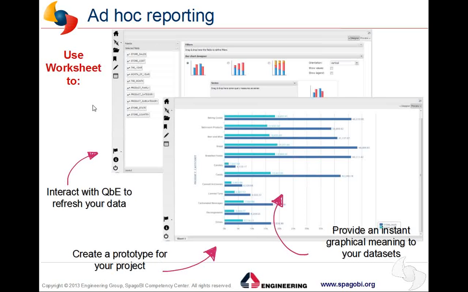In the nearest screenshot, above, you can see that you can provide an instant graphical meaning to your data set. You can understand your data better by producing different kinds of charts and choose the one that suits best, and if it doesn't suit, you can come back to the query by example engine,